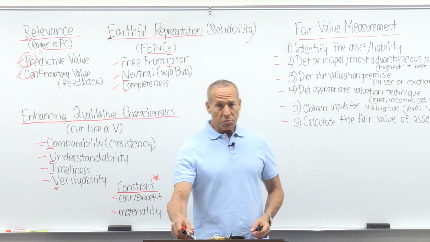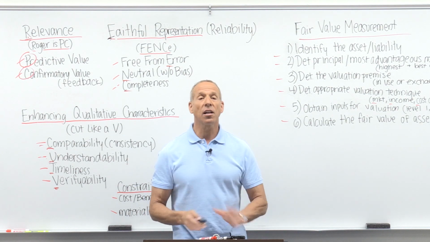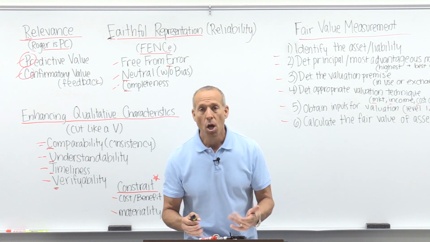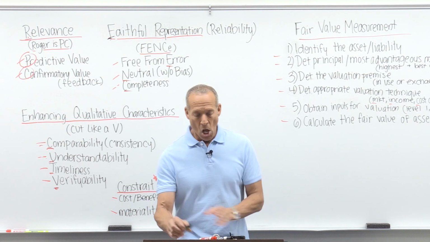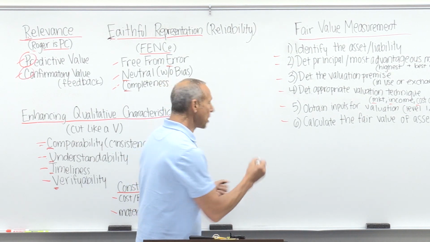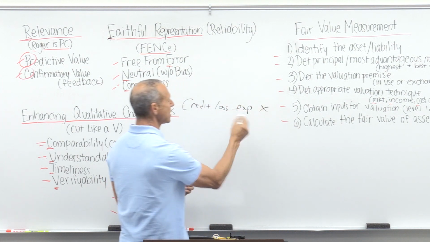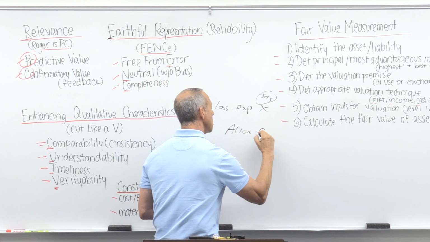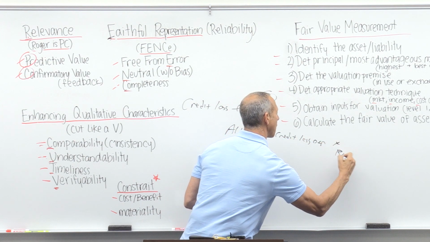So for example, I loan you money, or I have an account receivable, and we know we're not going to collect all of it. What they're saying is we're going to hit the credit loss now, right? We're going to expense it now, and we're going to set up an allowance account as well. So basically, the journal entry would be, and I'll put it right here, we're going to debit credit loss expense, and that's an expense that goes to the income statement, and we're going to credit allowance for credit loss expense, and that goes on the balance sheet.